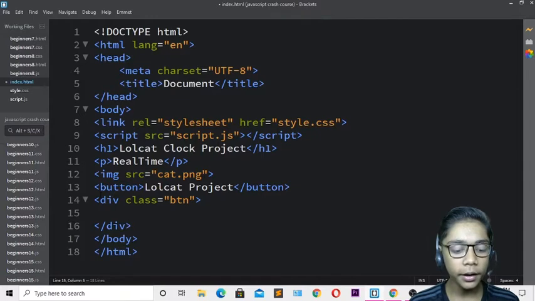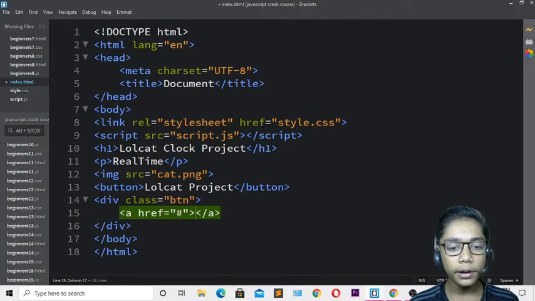Then I will be coming underneath, and I will be writing a tag, and that I will be defining with this hashtag. Then over here I will be defining my name, meaning my button name, so it should be like lol, okay. So I will be coming over here, and now I will be writing the name which should be party time, okay. So you have to do it like that.